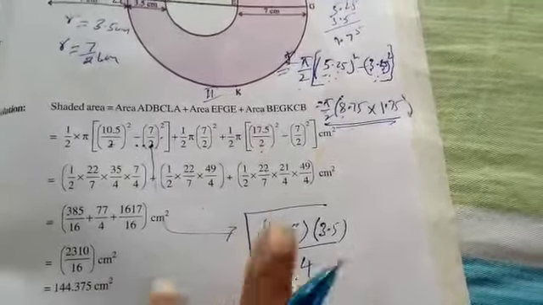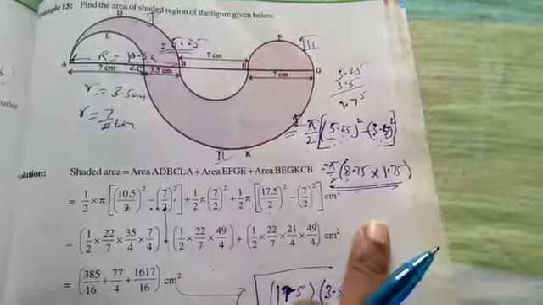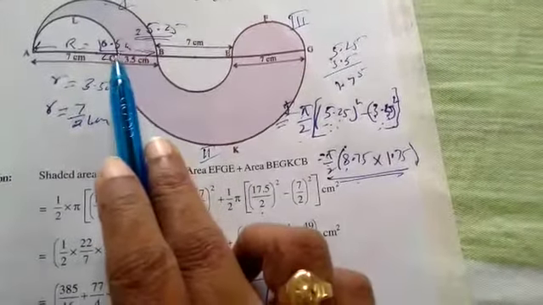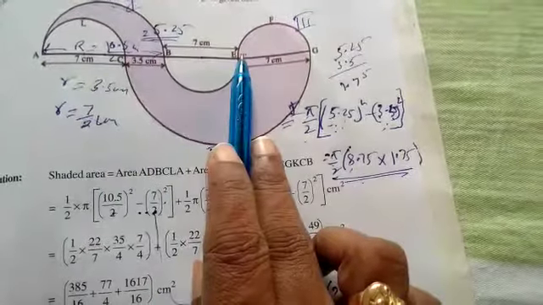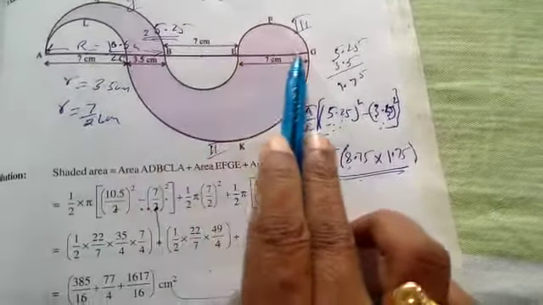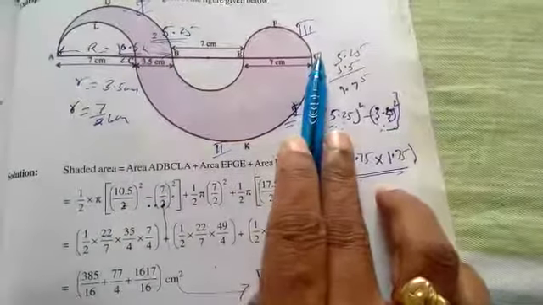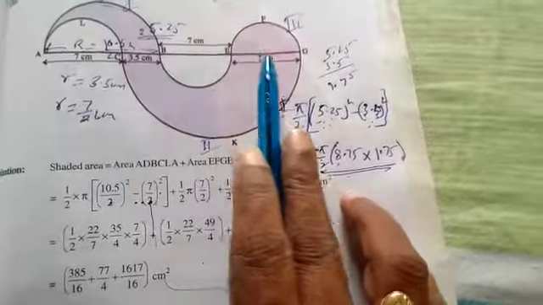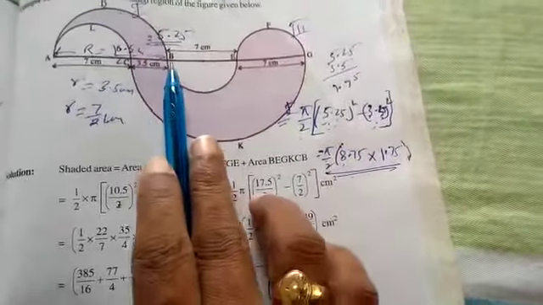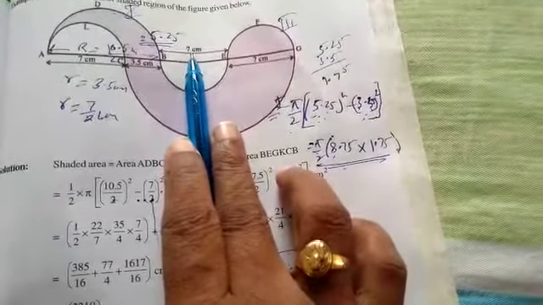But the only thing is, for every step, there is a mathematical rule and you have to apply that mathematical rule. This is all about simplification. Now from here to here, if you just divide the whole picture like this, this is one semicircle. Can you observe this one as a semicircle? That is between C and G, the diameter is, so find out the diameter, this plus this plus this. Now find out the area of this semicircle minus the area of the semicircle between B and E, whose diameter is 7 centimeters.